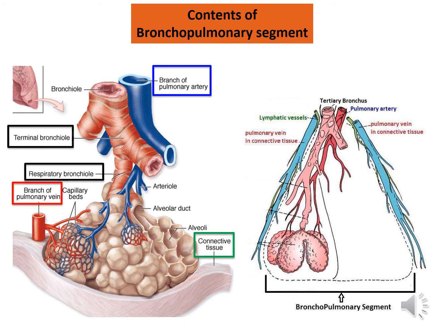This is another picture to show you the contents of a bronchopulmonary segment. Here you can see one bronchopulmonary segment with the segmental bronchus and its further divisions up to the level of alveoli, and close to the bronchus you always see the pulmonary artery. In the intersegmental plane, what you see is the pulmonary vein. This is the pulmonary vein. So hope you understood.